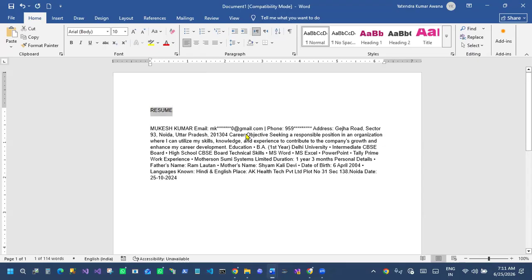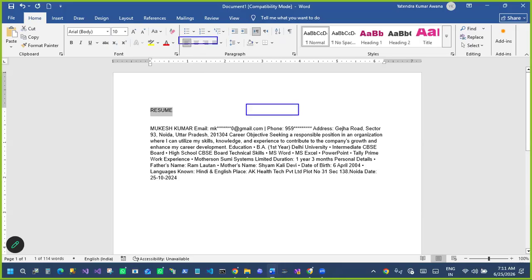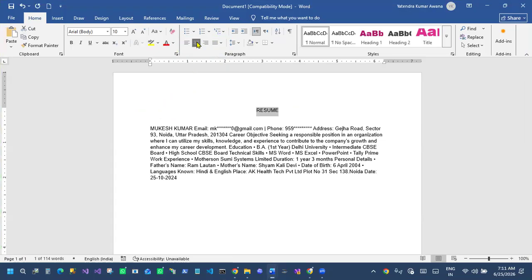And if I want to put this in center, then I have 4 types of alignment. After selecting my text, if I go with the center alignment, then it will put my text in center, right? If I want to shift my selected text to the right side, then I will use the right alignment. So let's use this. Select, then center alignment, then right alignment, then left alignment. So whenever you need to shift your text, what will you use? You will use these alignments. You got it?